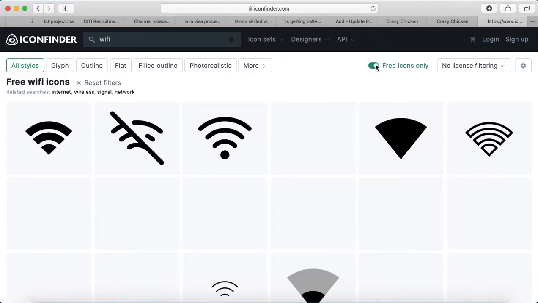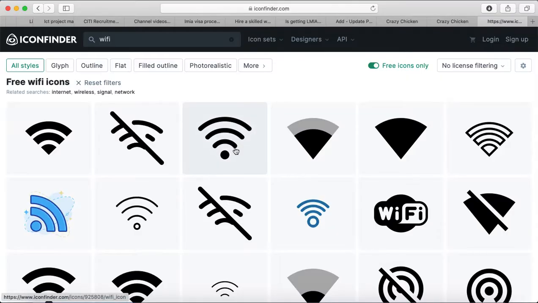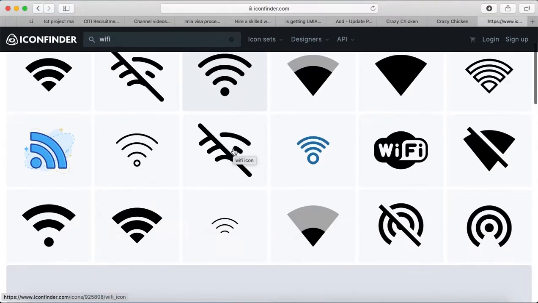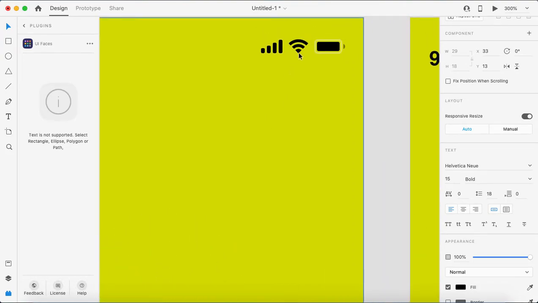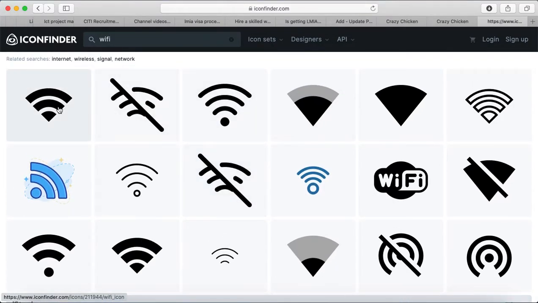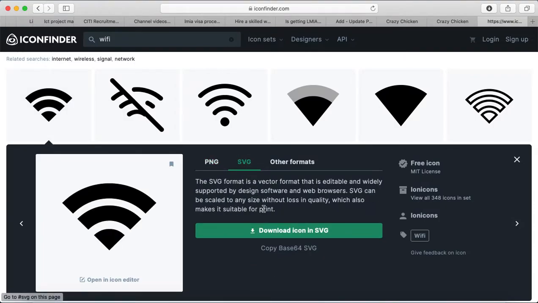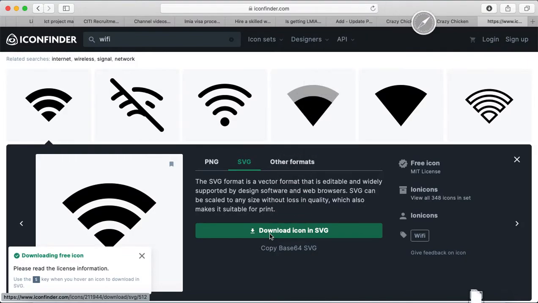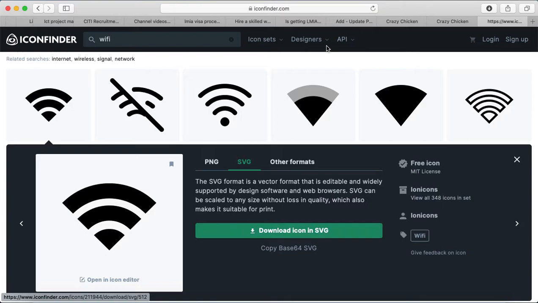Use it free. Okay, this is the one. We have all types of icons. Okay, Wi-Fi icon. We will download the SVG file, so we can modify it however we want. Okay, then we have the battery symbol.